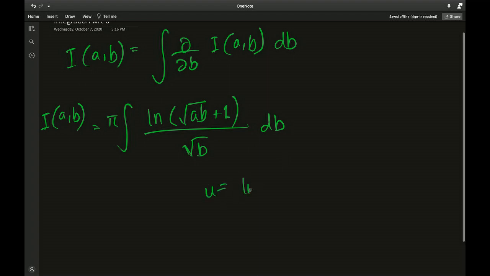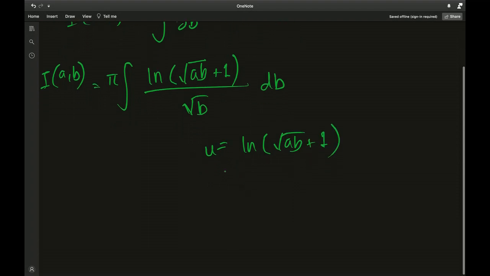So make that u, because integrating natural log is a really foolish error. Differentiating this, we have square root AB plus 1. It's always differentiating with respect to B. And we have a